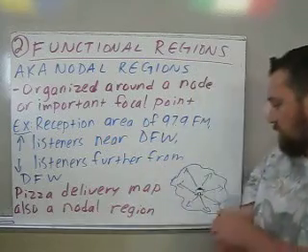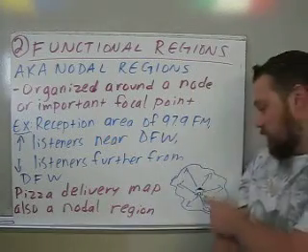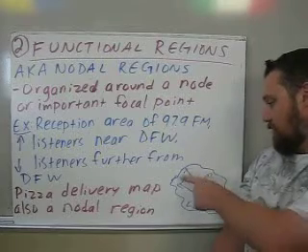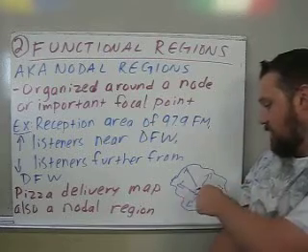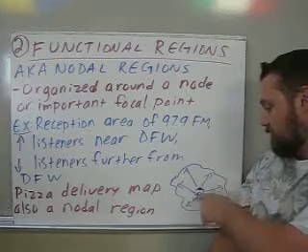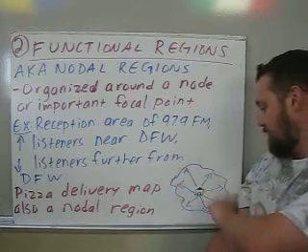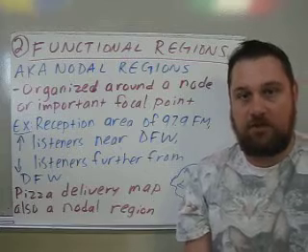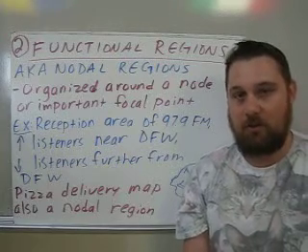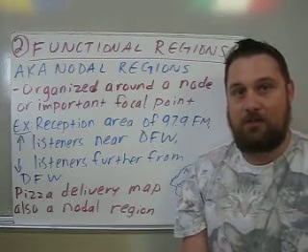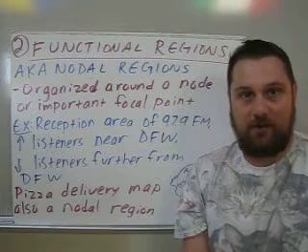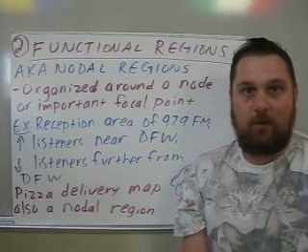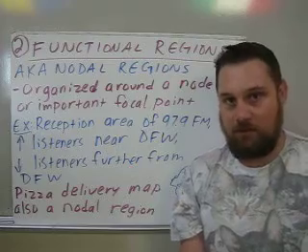So here I've drawn a nice awesome little diagram where this would be the pizza place, and then here you have the delivery area, and here are all the areas that they will deliver to. Anything outside of this area is not a part of the functional region. So basically functional or nodal regions really serve a purpose. Another example would be a newspaper delivery area, the area where a company would deliver its newspapers to.